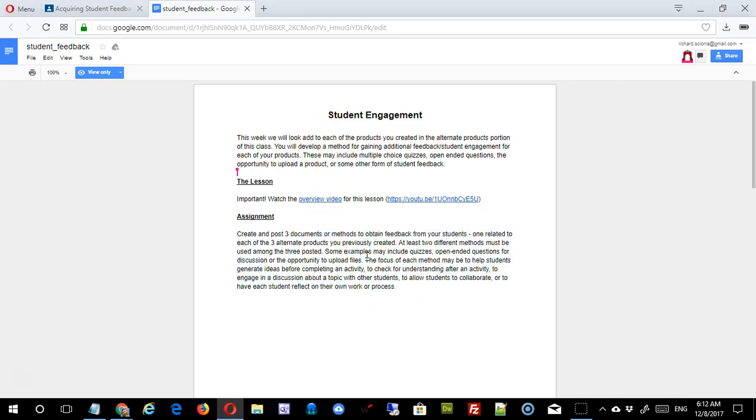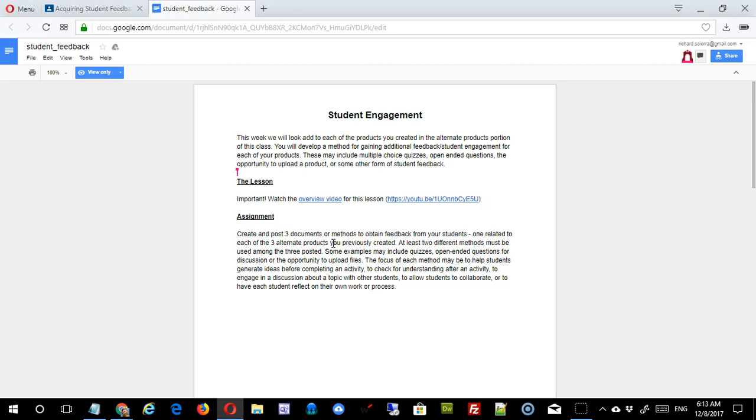Please don't feel you're limited by these examples. If you have another creative way to do this, please send me an email. We'll talk about it, and more than likely, I'm going to be very excited to have you go ahead and do that. The goal here is to move from presenting data to students to involving them more deeply in the